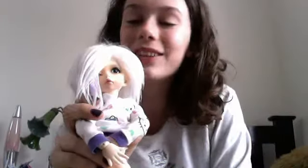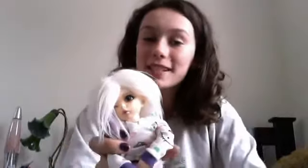Okay, and on to Flickr. Flickr is a super good resource, in my opinion. If you type BJD into Flickr, it'll come up with a whole array of photos of all different BJDs. Also, if you go to Flickr groups and type in BJD, there are heaps and heaps of BJD groups, and you can see heaps of different types. So that's really good